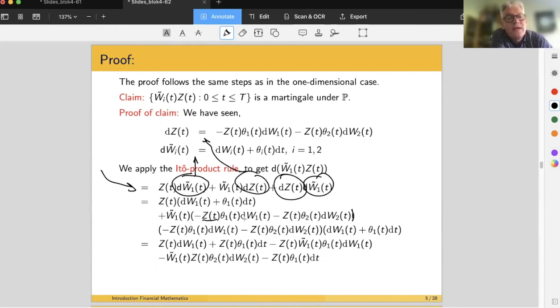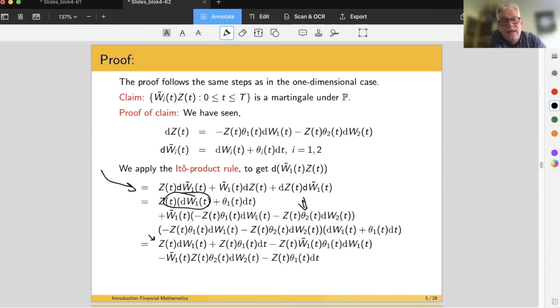Well, we get as the first term Z_t dW_1t. That is here. Then we have Z_t theta_1t dt, that is over here. Then we get minus Z_t W tilde_1t theta_1 dW_1t, that is this term here. Then the next term, minus W tilde_1t Z_t theta_2t dW_2t, that is connected to this term. And then we have